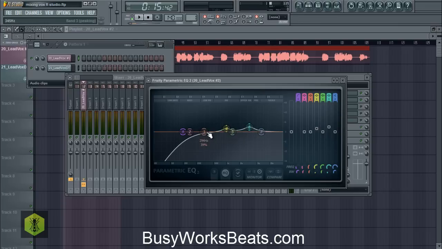Now there are spots here, she sounds a little nasally and a little like she's in a box. So we're going to grab this third point, boost it up. We're going to lower the bandwidth so we can get a tight Q there. And then we're going to boost it just to hear where she sounds weird. So around 300, she's going to sound like she's in a box. And around 500, you're going to hear her nose a lot.